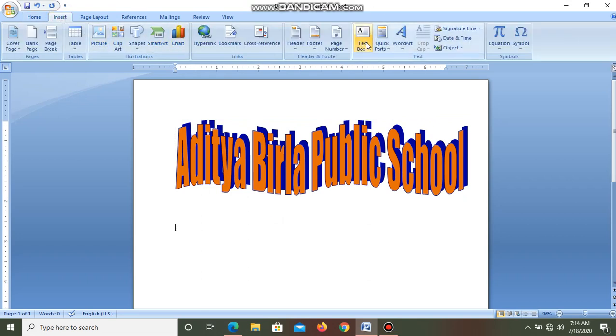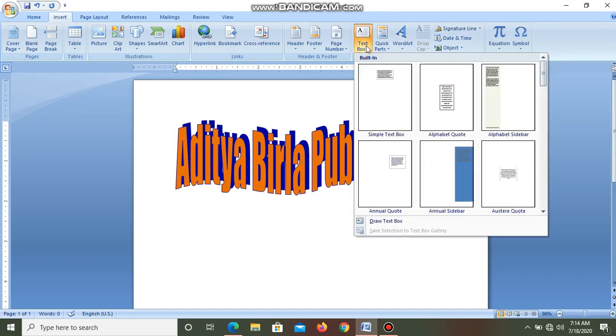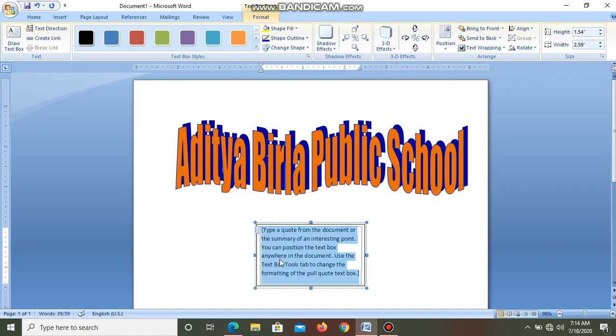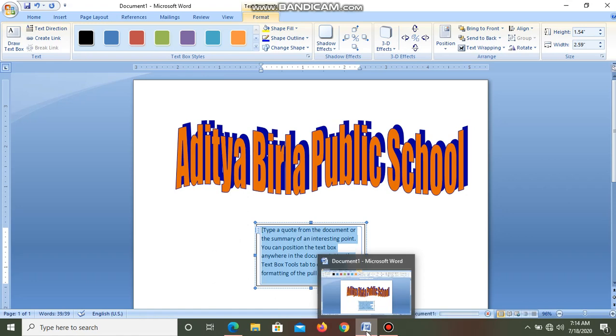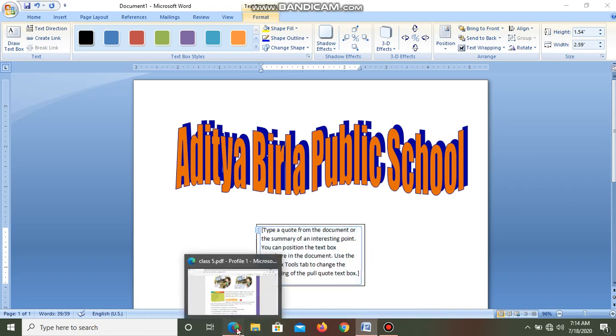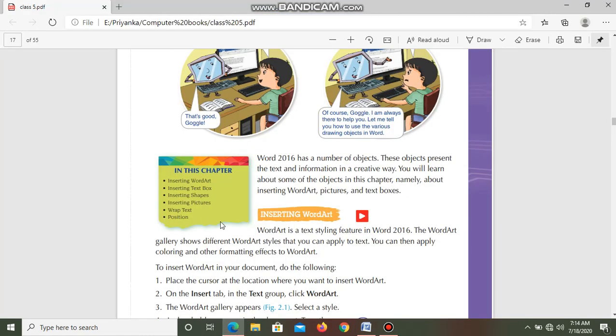You can insert a text box. A text box is used in the middle of the document, if you want to insert any important point, like in your book, you can see that this is a text box.